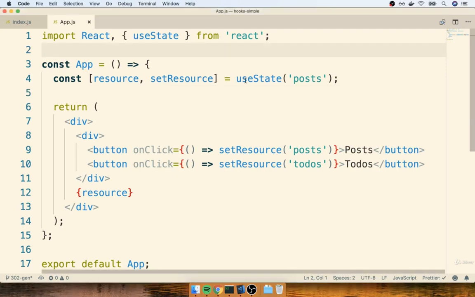In the last video, we made use of the useState hook inside of our functional component. We're now going to dissect this line of code and get a really good idea of what's going on. The first thing I want to cover is exactly what syntax you see right here. So this is what we refer to as array destructuring. We've already seen many examples of object property destructuring throughout this course.